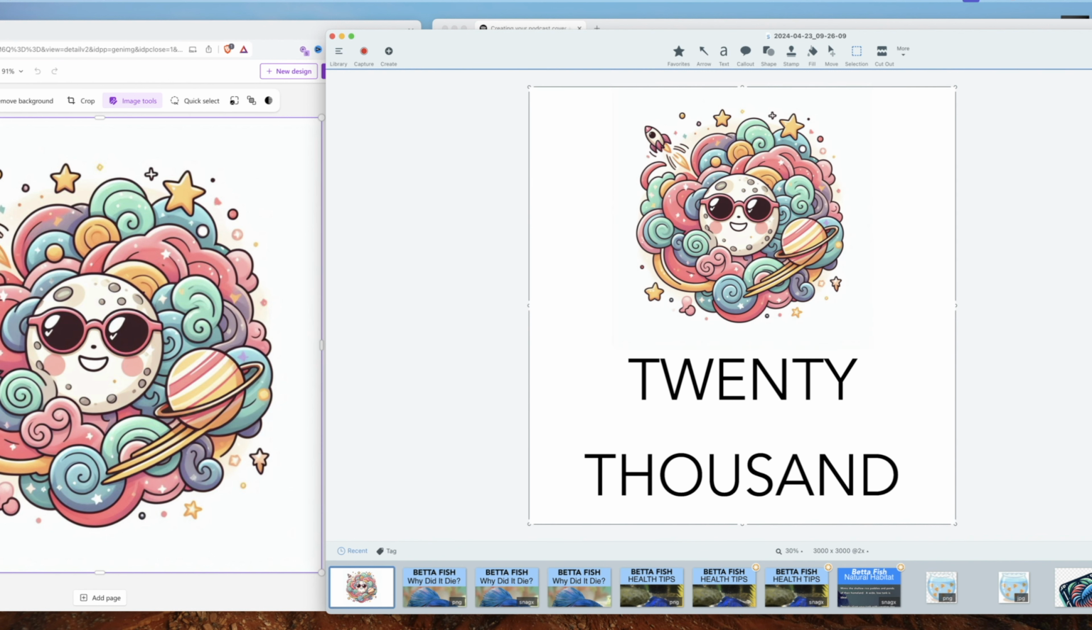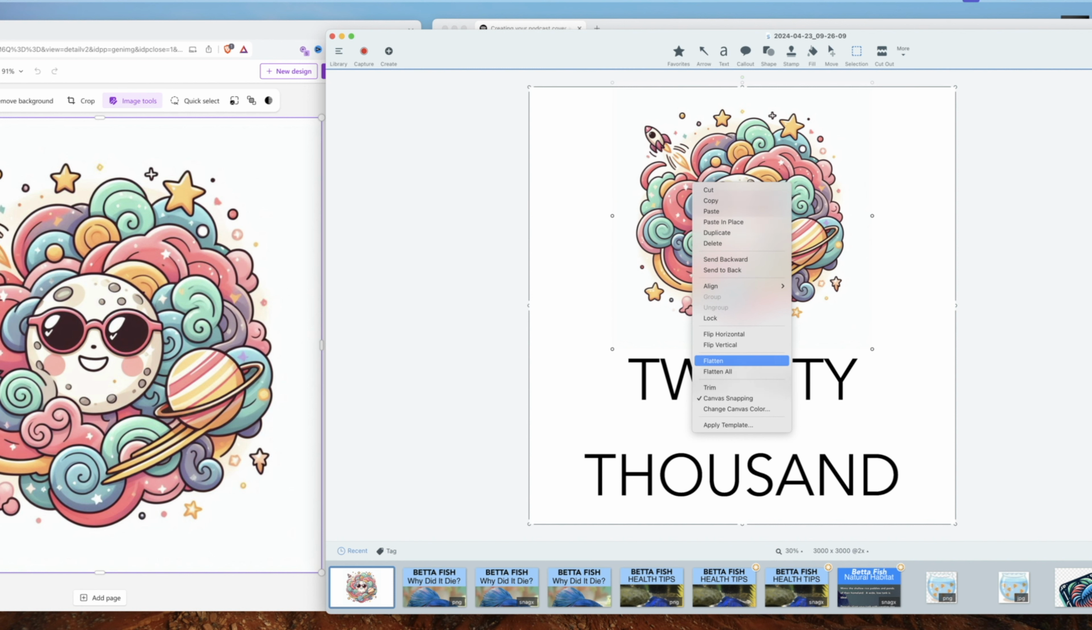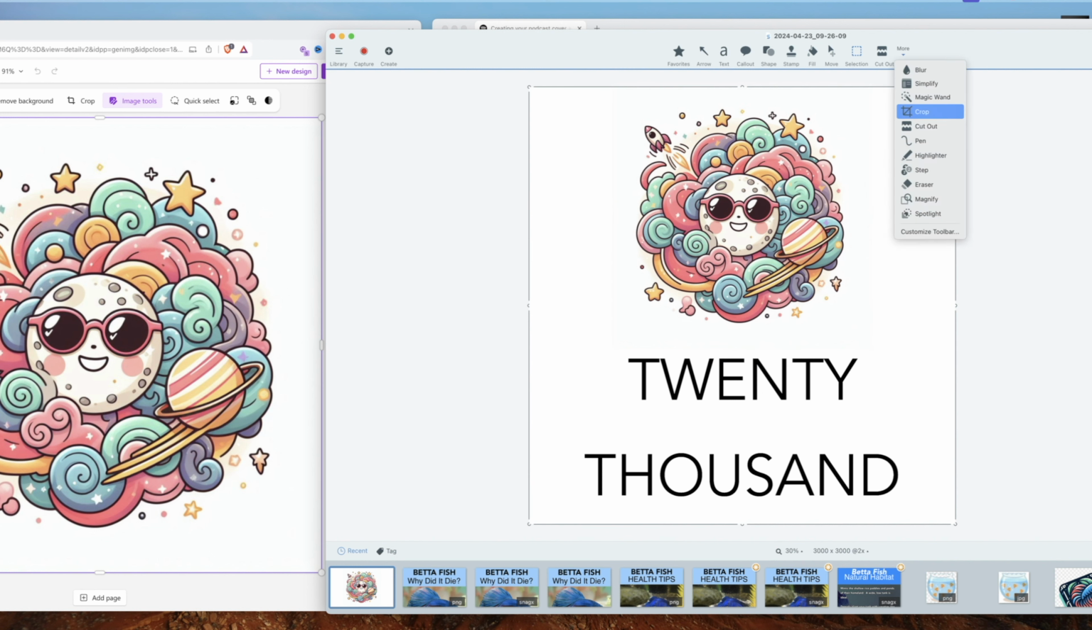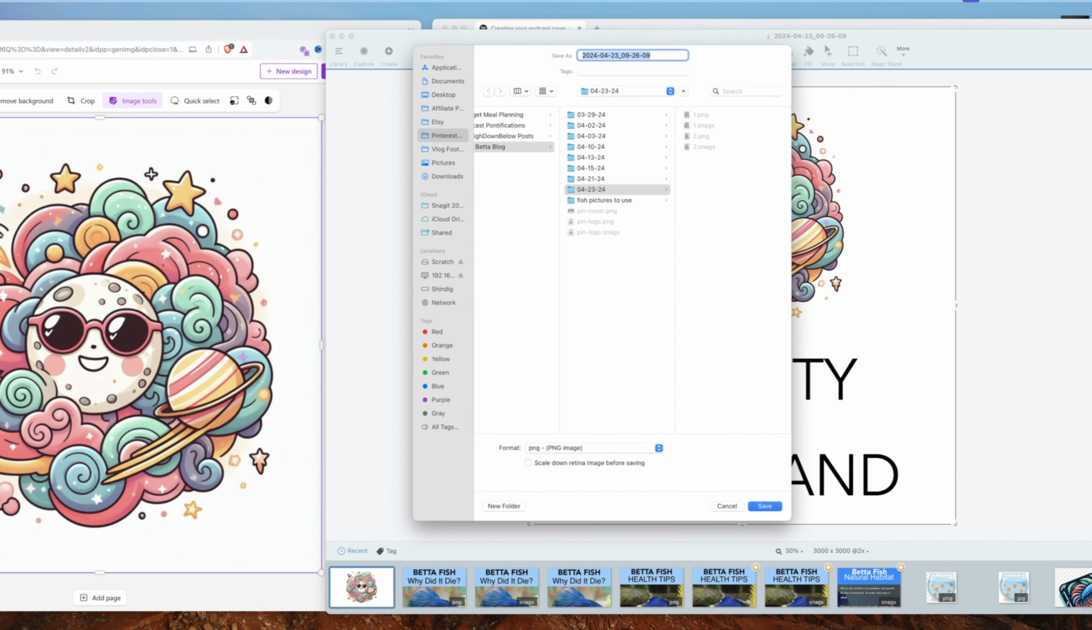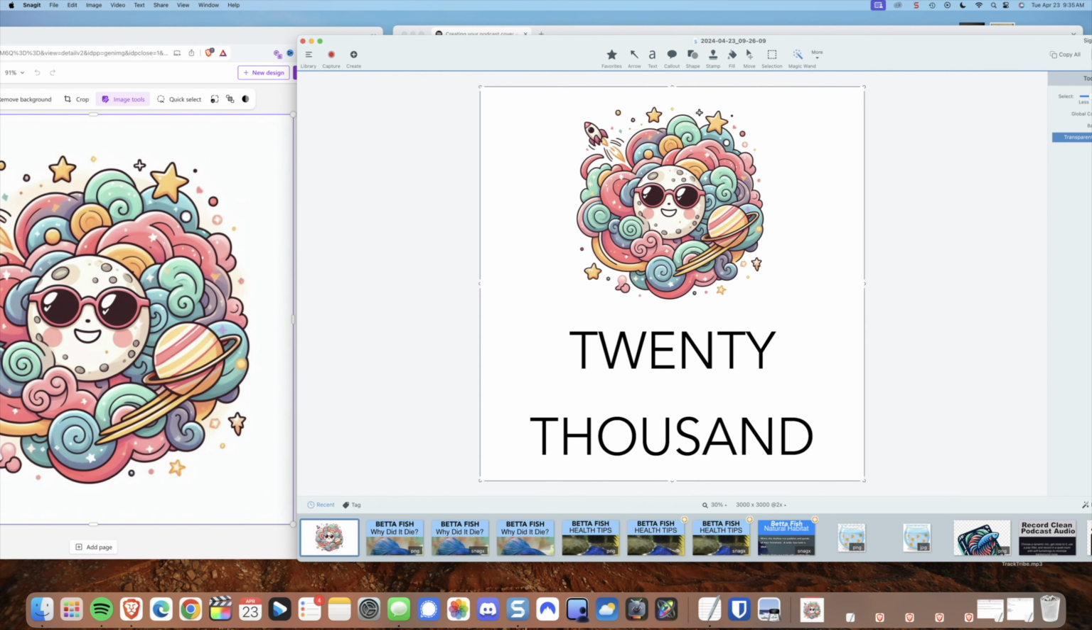That could be your podcast cover art. If you wanted to clean this up, you can actually flatten it, and then there's a tool called the Magic Wand, and that's going to kind of cut out a lot of the extra stuff. There's a very slight yellow background, so that removes that and it cleans it up. And then we can go ahead and save as to our desktop a PNG, and I usually click scale down retina image before saving, and that just means that it's going to save it at 3000 by 3000, so the exact size that we want. Click save,